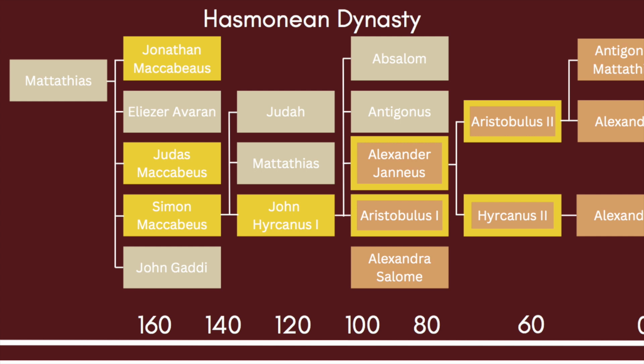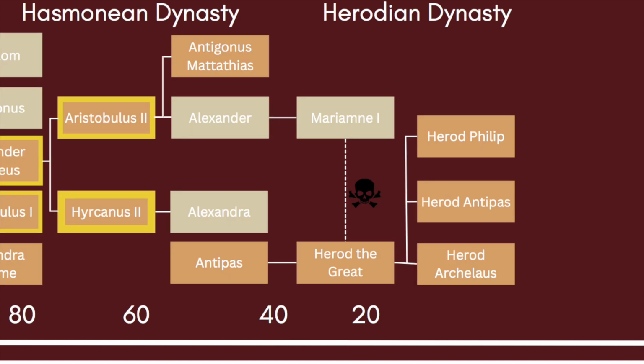As you get power, you want to stay in power. How do you stay in power? You look at the guy in the next part of the ladder and you go, hey, I'll be your friend. I'll do what you tell me to do. So they're becoming more Greek, Aristobulus, and then as you move through the timeline, you get closer to where we are at. We get to a man named Antipas. In this point of history, around 56 BC, the Romans are really starting to take control. They take control of Palestine around 50 BC.